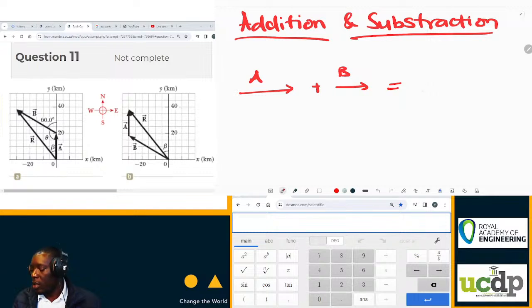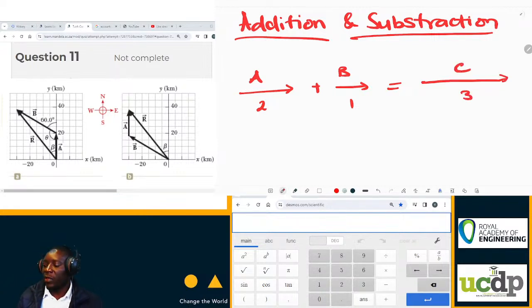So if A is a vector of magnitude 2, and B is a vector of magnitude 1, the two can add to give 2 plus 1, which is 3. Vector C will have a magnitude of 3. They are in the same direction, so they will simply algebraically add to give a resultant with the same direction